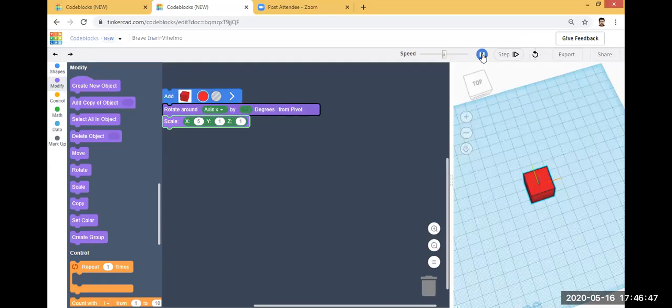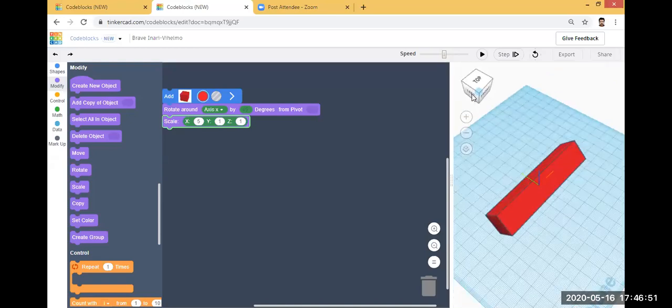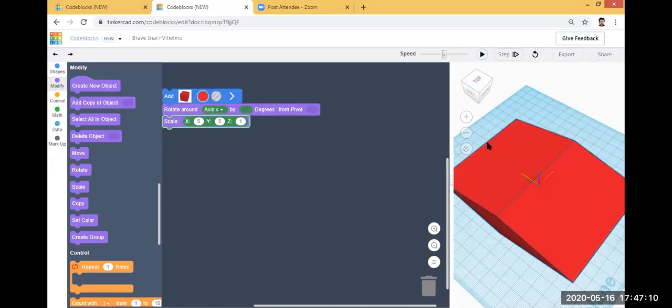You can see the box is actually enlarged 5 in the x direction. Okay. So the box actually enlarged 5 in the x direction. If you want to enlarge this in the y direction, say 5, then I will click the play button again. You can see this will enlarge it 5 in the y direction.